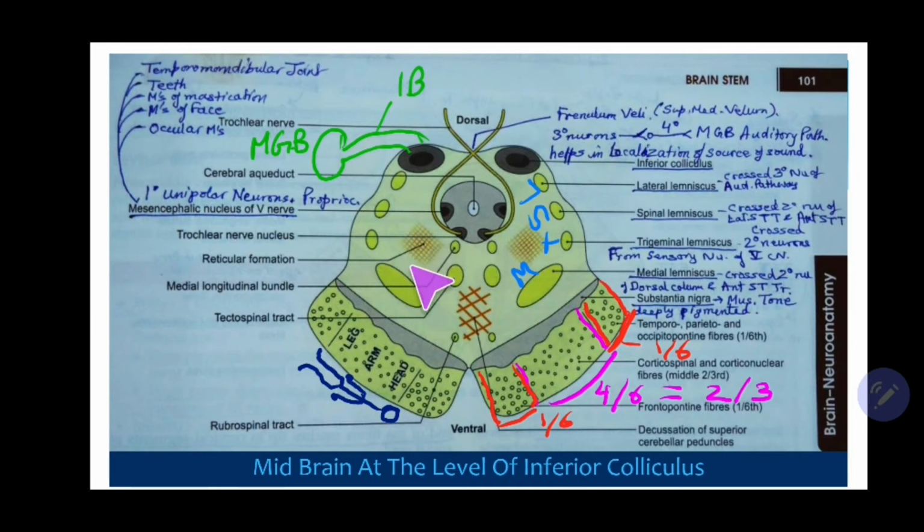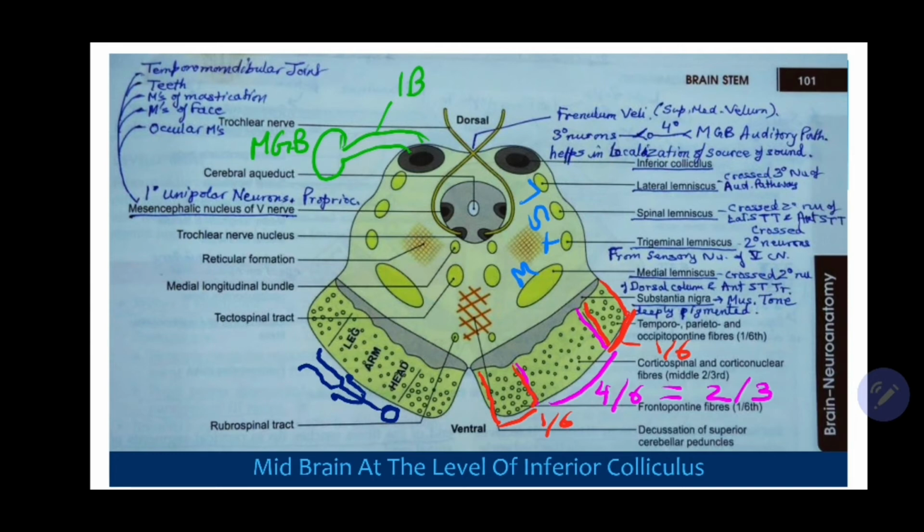So there is this importance of the reticular formation, right? Remember one thing I told you: if there is damage to the reticular formation, what will happen? A person undergoes coma, that is, living without any orientation of time, place, person. Okay,